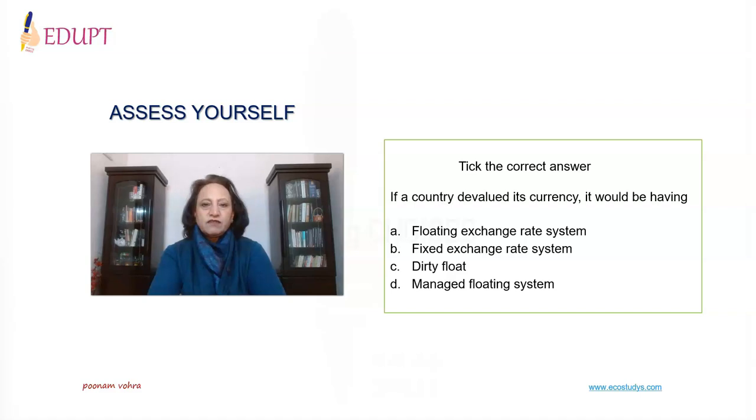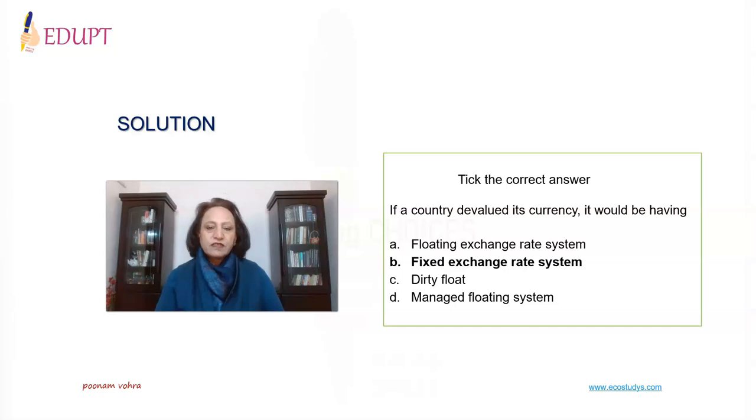Now assess yourself and pick up the correct option out of the 4 options given for a statement. The statement is, if a country devalued its currency, it would be having A. Floating exchange rate system, B. Fixed exchange rate system, C. Dirty float, and D. Managed floating system. Please check your answer. The correct answer is option B. If a country devalued its currency, it would be having fixed exchange rate